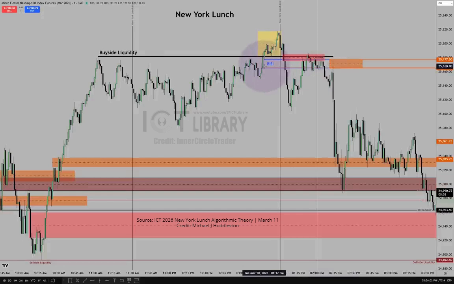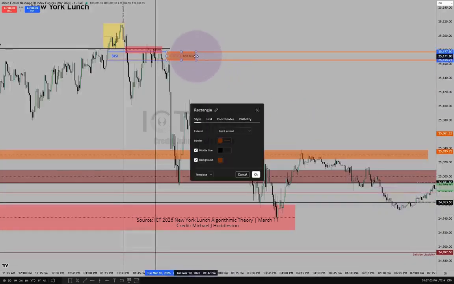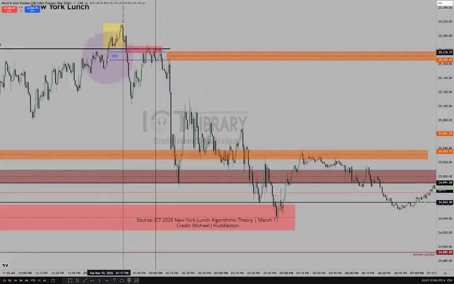This buy side imbalance, sell side inefficiency is now changing its characteristic to an inversion fair value gap. Drops aggressively into the first presented fair value gap. Look at the bodies respecting it. It's probably random. So now what I'm going to do is take this here and extend it to the right. It's part of this